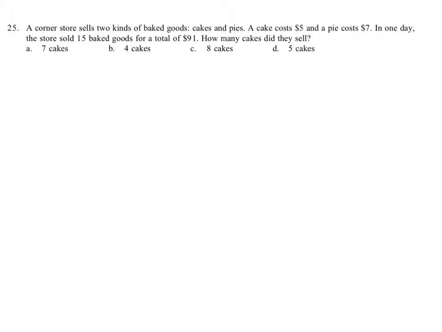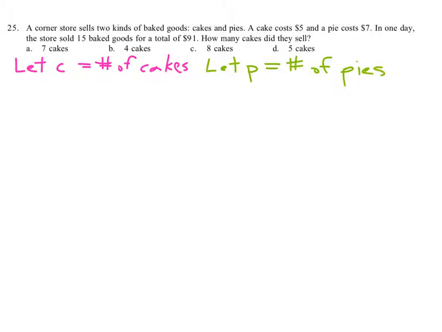We can say, typically write it like this. Let C equal the number of cakes. And then you write let P equal the number of pies. Okay? Because if we don't know what the variables are, then we don't have anywhere to start from. Okay? So now that we've done that,